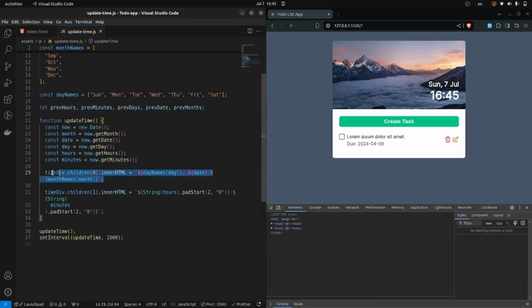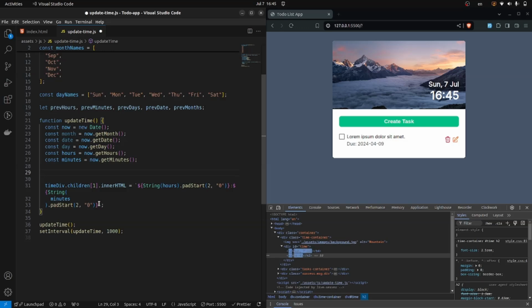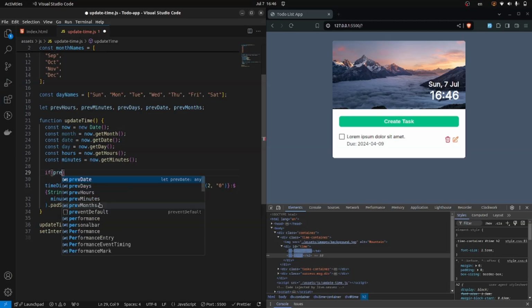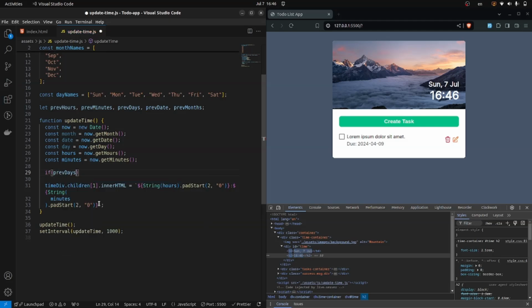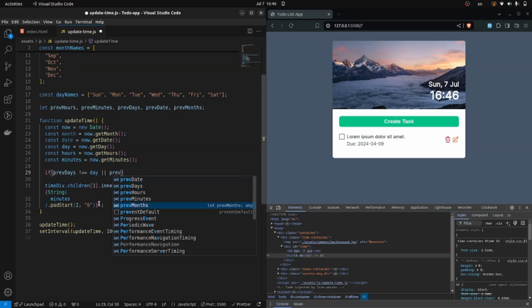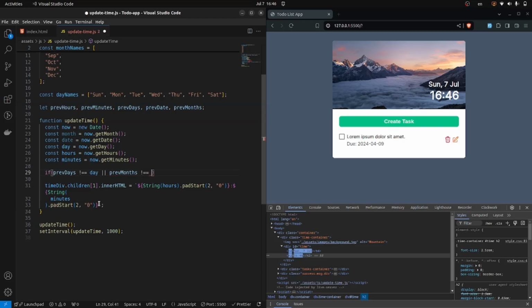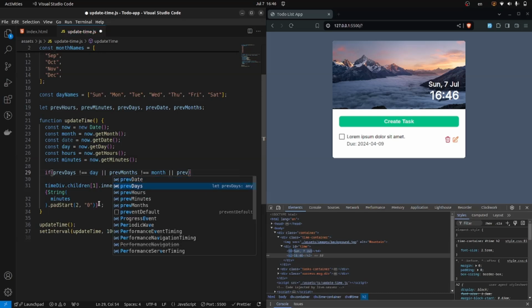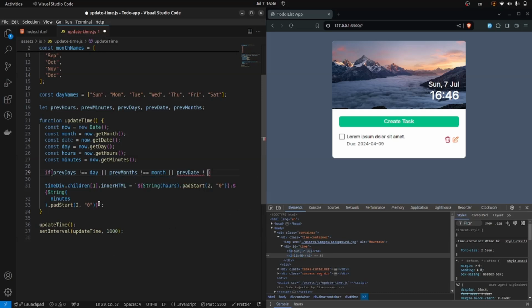Before updating this inner HTML, I'm going to write an if statement. So if prev day is not equal to the current day, or prev months is not equal to current months, and if prev date is not equal to date,